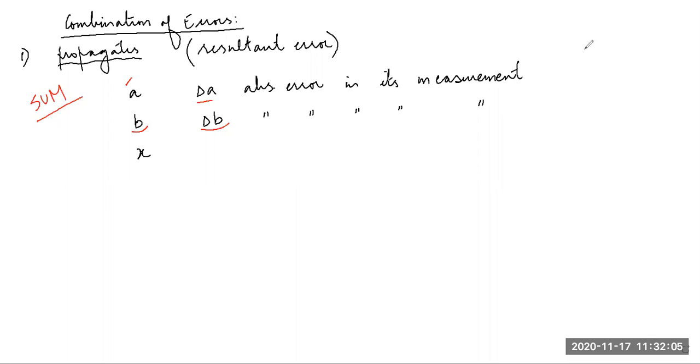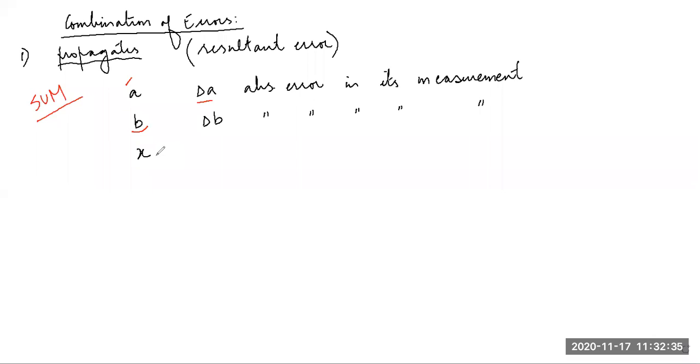You know what absolute error is? Absolute error delta X is always equal to the true value of X minus the observation Xi. Why do I say Xi? It can be the first observation, second observation, or third observation, right? That is absolute error. This is how I define absolute error.